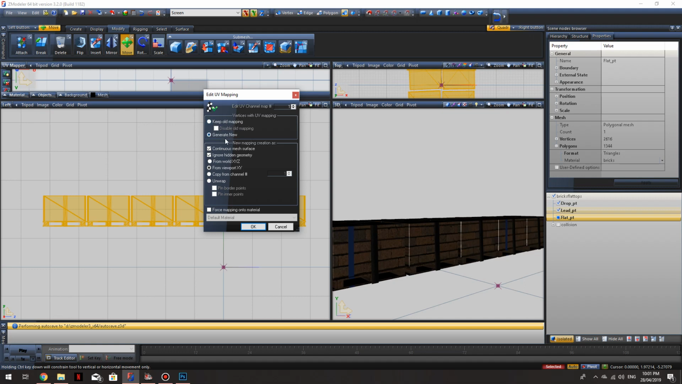Just copy what settings I have here. I'm pretty sure when you first do this there are some settings that have to change, that are not what I have in here. So you want to generate new number 1 up here, continuous mesh surface, ignore hidden geometries, from XY, copy from channel 1, and once that's done,